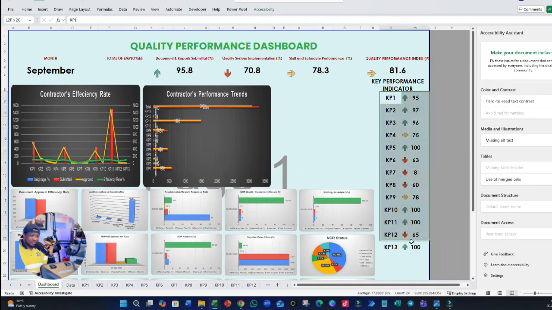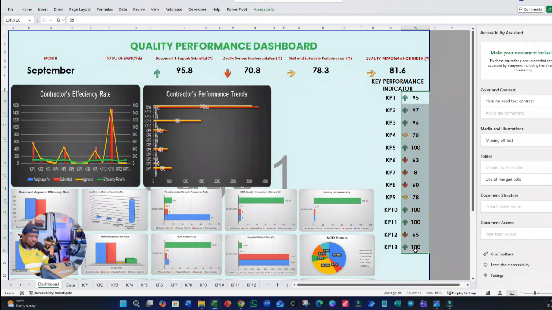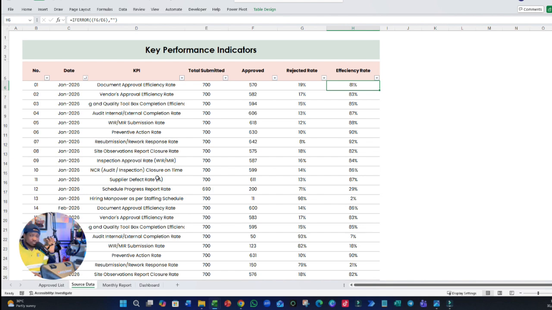And again, they bring all the KPIs here, and they are bringing this conditional formatting that doesn't make sense, because when it comes to conditional formatting like this, it works with one KPI that you're trying to analyze over a time frame. So that's more like time intelligence analysis, and it could be the same KPI but over a period like January to December, and for that reason, there was a problem with this, as you can see. So this is where we came in, just to make sure that the whole structure of the template is